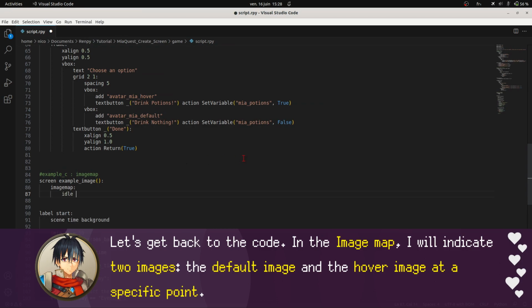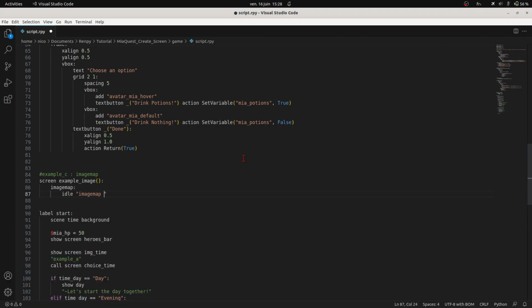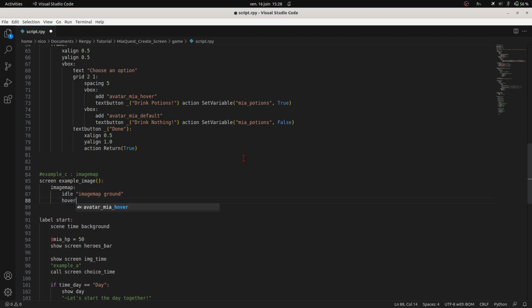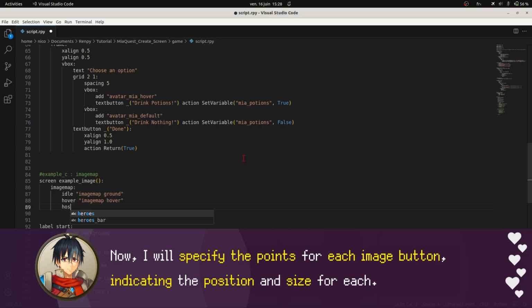In the image map, I will indicate two images, the default image and the hover image at a specific point. Now, I will specify the points for each image button, indicating the position and size for each.